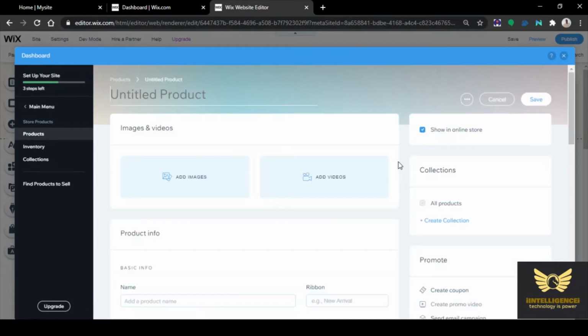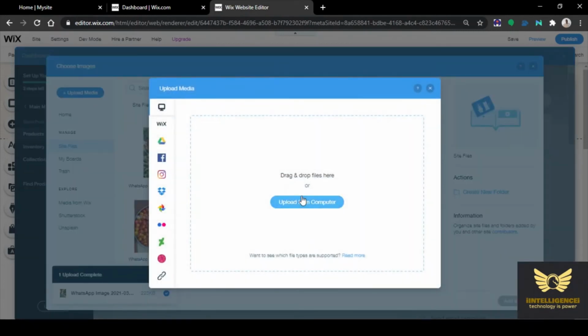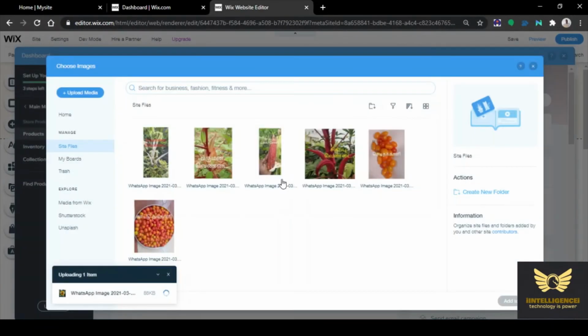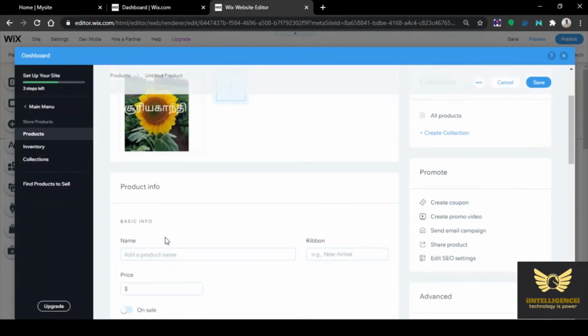New product, physical. Add images. Upload media. Upload from computer. Okay, sunflower. Add images. Name of the product, sunflower.